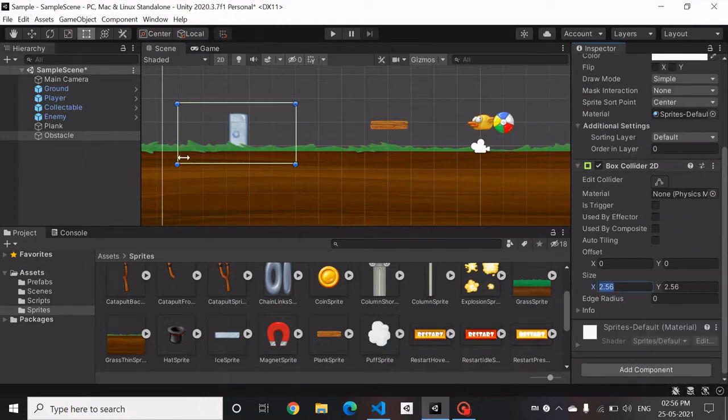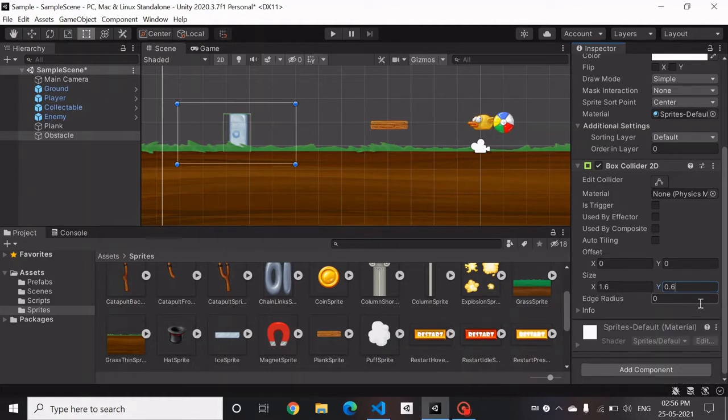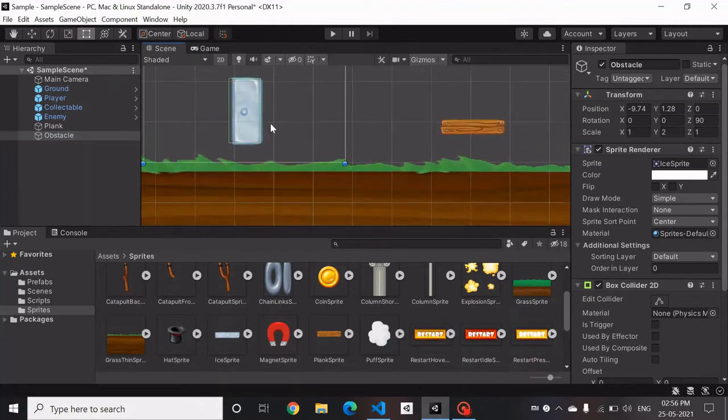This box collider size is coming out to be really huge. We can scale it to, say, a height of 1.6, which is what I'm using, and I'm using a width of 0.4, so it perfectly fits the ice.